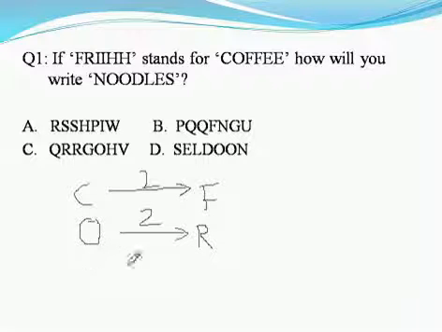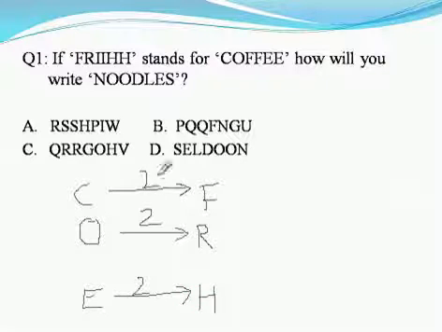If you just want to check it, you can check it with the last letter, which is E. After E, we should add 2 here. So E, F, G and H. That means the key is 2 here. After every alphabet we will be adding 2 to get our encoded message.